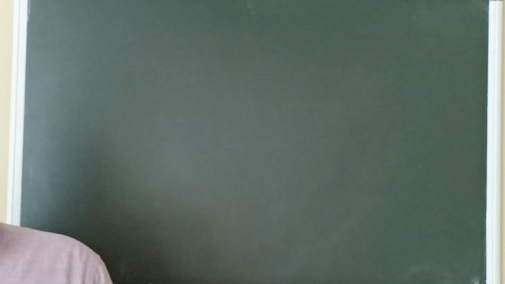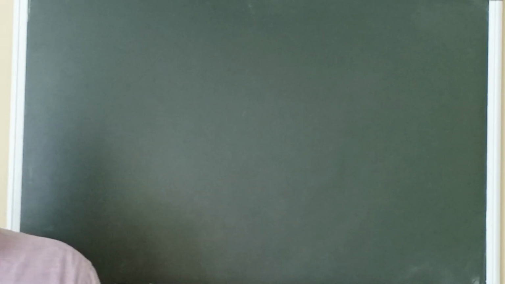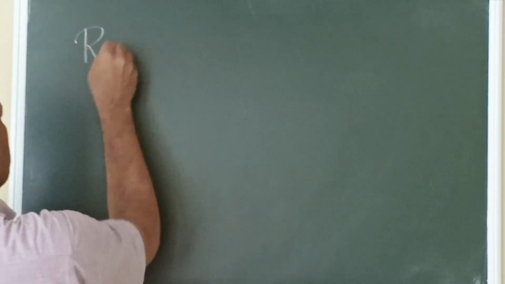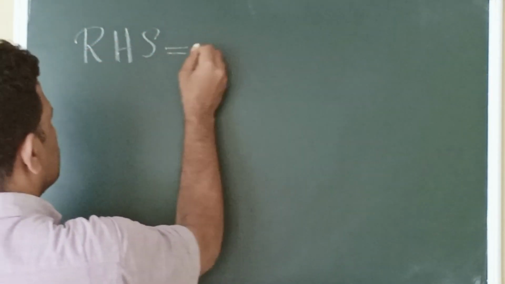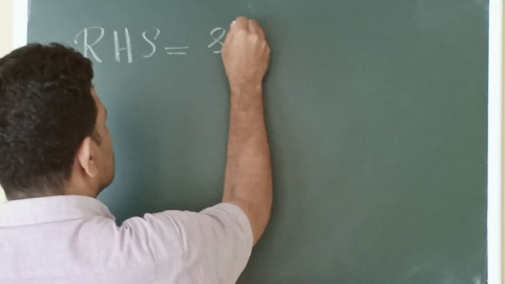The first problem is: show that 3 sin inverse x equals sin inverse of (3x minus 4x cube), where x is an element of the closed interval minus 1 by 2, 1 by 2. So we can take the right hand side of the problem. That is sin inverse of